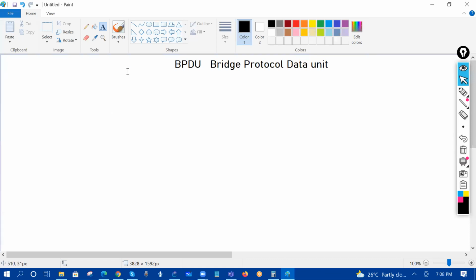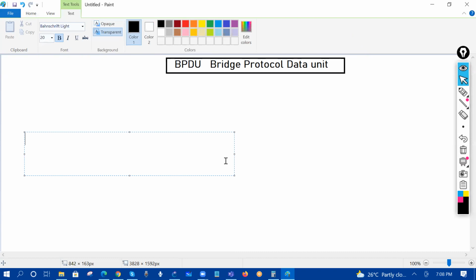Right? They have lots of information, like the port ID, the cost, the sender bridge ID, who is the root bridge, what the port ID information is, everything is present in the BPDU packet. So the BPDU is basically divided into two types. The configuration BPDU that is going to be used to configure the loop free topology,